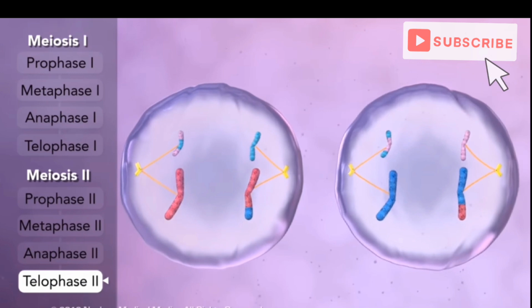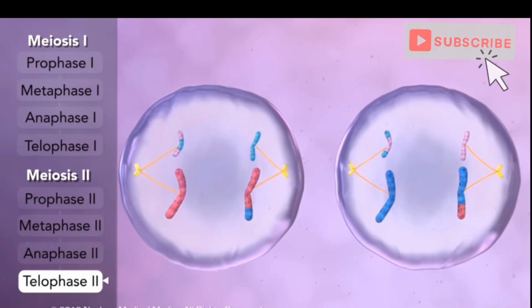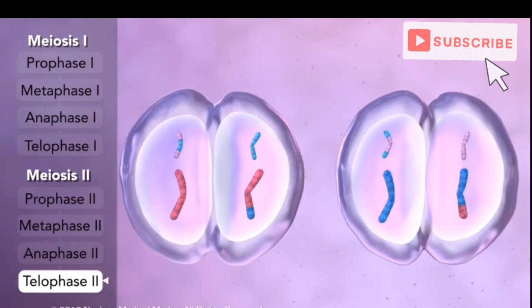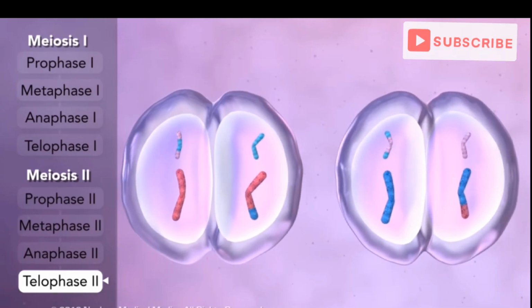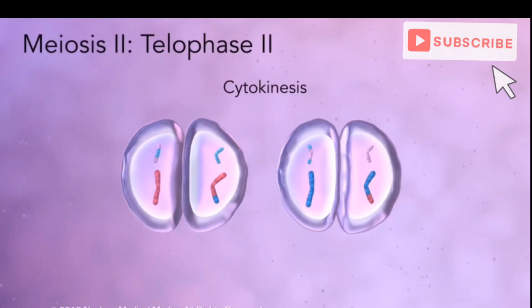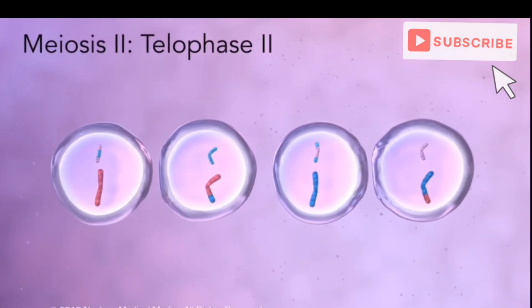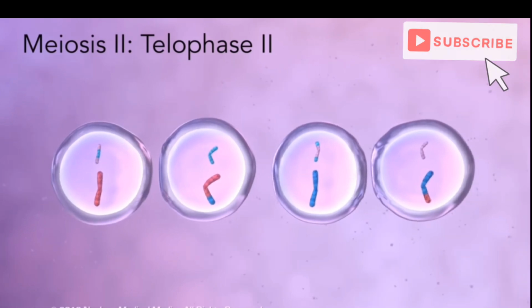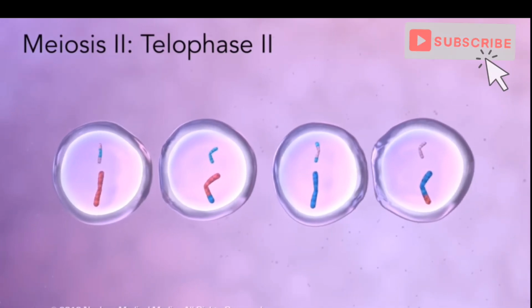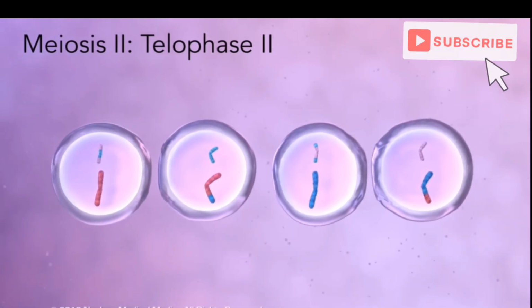Finally, during telophase II, the spindle fibers disappear and nuclear membranes reform. And cytokinesis occurs in both cells. Meiosis II ends with 4 genetically different haploid daughter cells, each containing only 1 set of